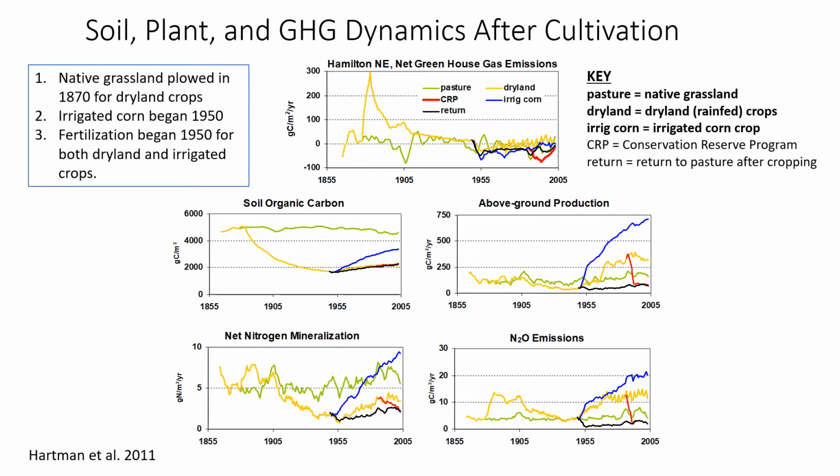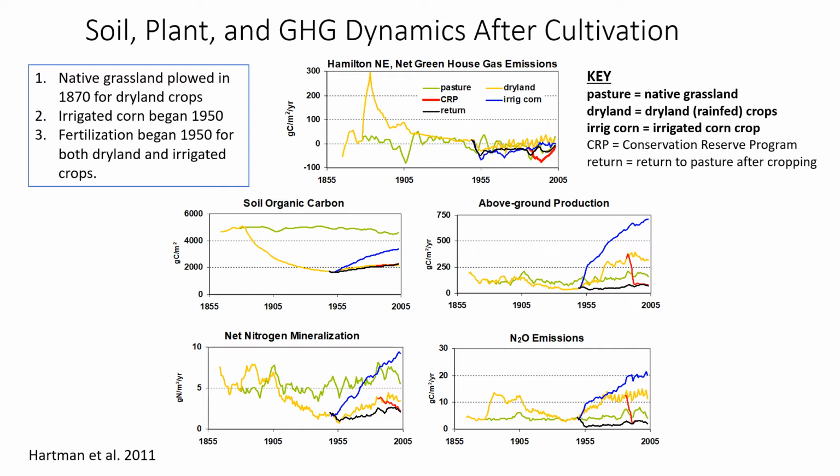So the green line is pasture, which is native grassland. So that's kind of the control here, is if you just left pasture alone, didn't manage it except for maybe some grazing of cattle or bison. There would be some interannual variability in these variables, but in general, the grassland would have relatively constant values for most of these variables. And then you can see then the other lines, like the orange line is dryland